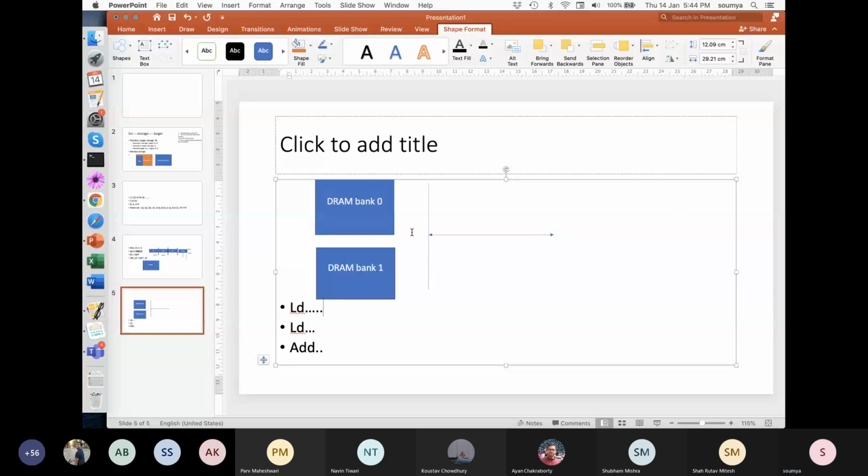The next question that comes is, how do you get the data through a bus to the CPU? There are two options. I can have two buses, but I will never have that. What people do is have a wide bus. Suppose the interface here is 32 bits and 32 bits here, meaning from memory I can read words of 32-bit length from each. If I have a 64-bit wide bus, then I can do a parallel 32-bit read from here and here, and at the end where the read is done in the CPU, I gather the entire 64 bits, interpret the first 32 bits as the memory word from DRAM bank 0, and interpret the next 32 bits as the memory word from DRAM bank 1.